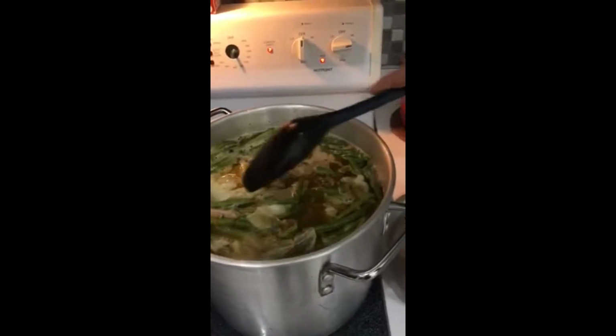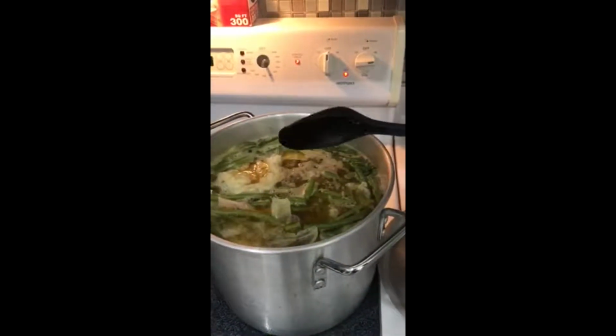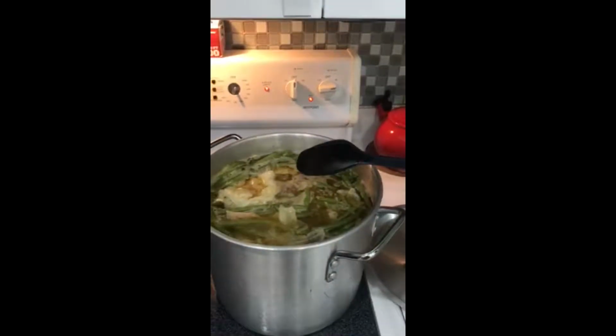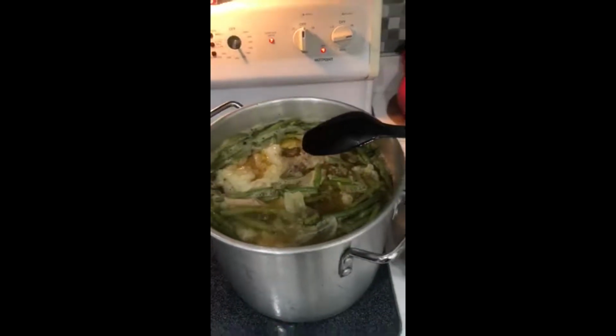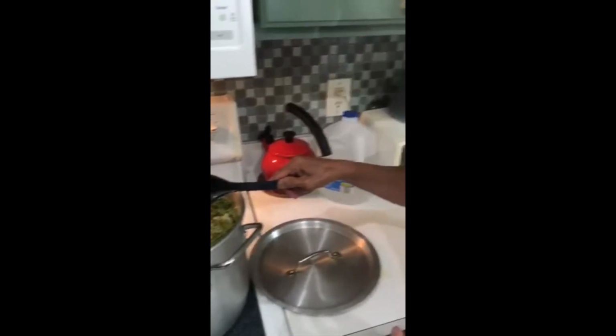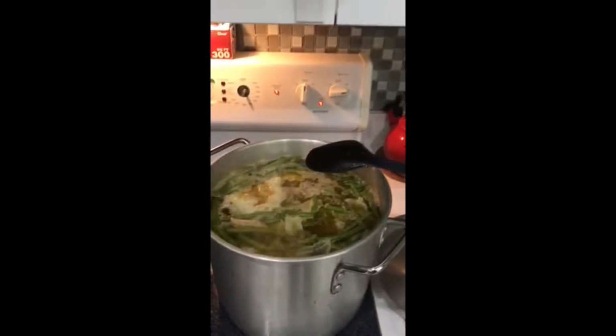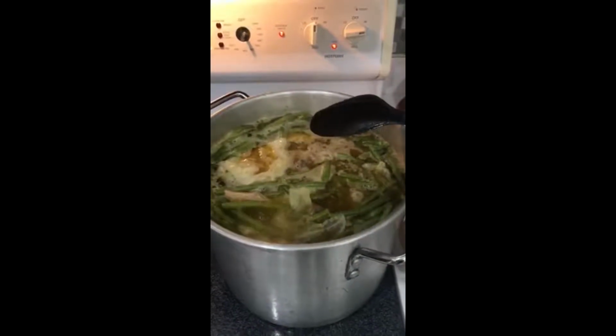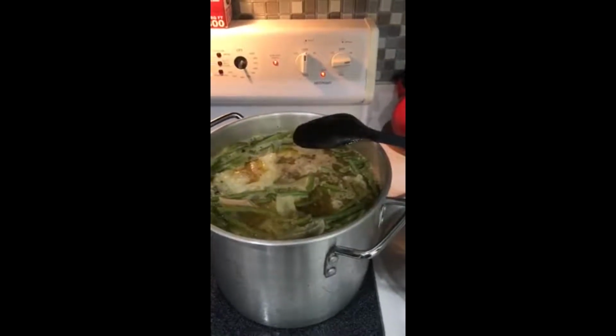Can you tell me how you made the bulalo? Bulalo, we have to boil the beef first for about 30 minutes. Then put in one whole onion, then let it simmer or boil for about another 20 minutes. When the meat is tender,